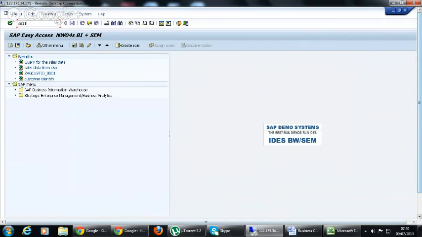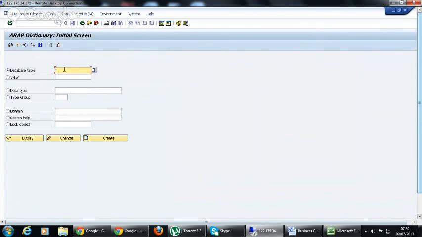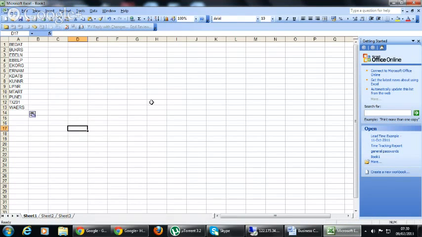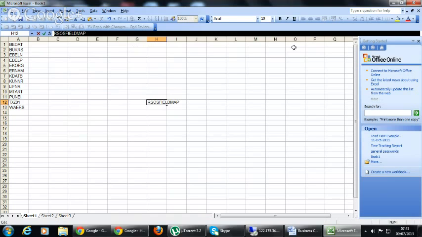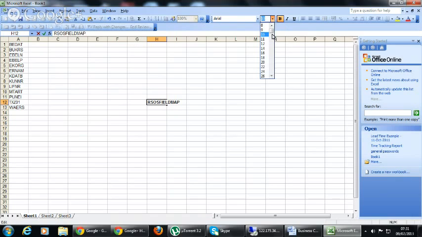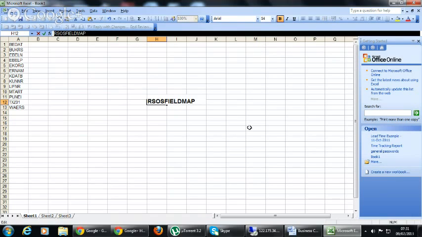Go to SE11, and here you have a table called RSOSFIELDMAP.